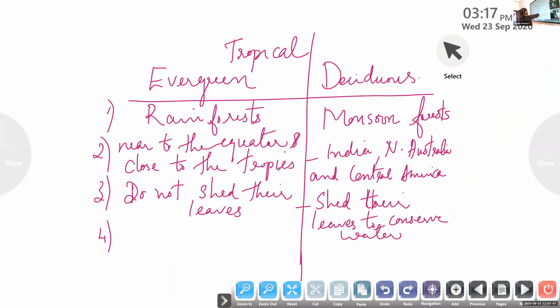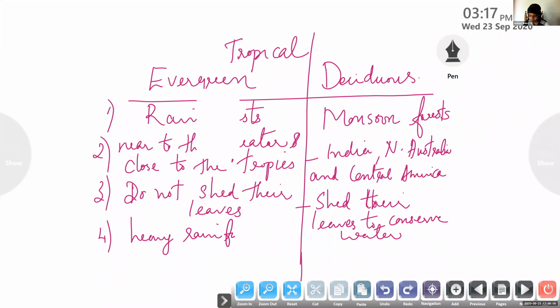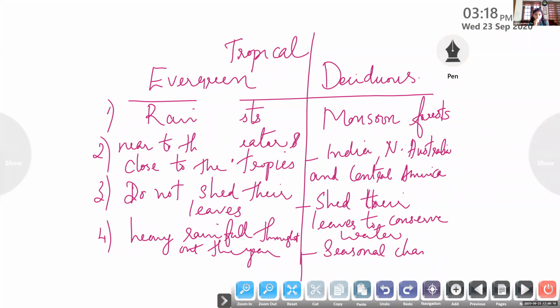This region experiences heavy rainfall throughout the year, but here they are experiencing seasonal changes. Okay, and the main hardwood trees found over here in evergreen forest?